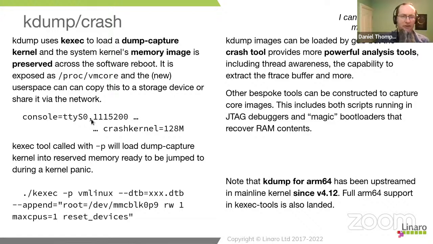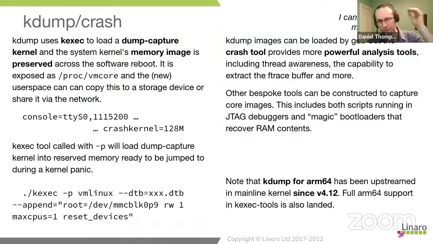The key thing here, however, is that the crash kernel has to have lots of RAM allocated to it. That's not just the RAM to store the tool itself, it's also the RAM that the kernel will use when it's booted to avoid corrupting the original kernel image. So it's a fantastically good tool for if the kernel panics, it's a very, very effective way to be able to record what happened. But the cost is that it's sufficiently expensive in terms of memory that it's seldom used on embedded systems. Like I say, it's much more common on big iron.